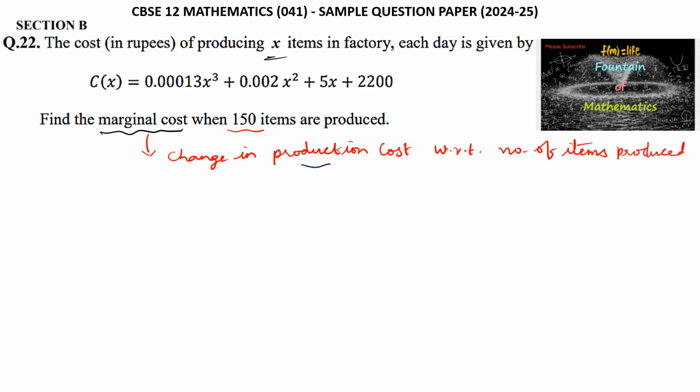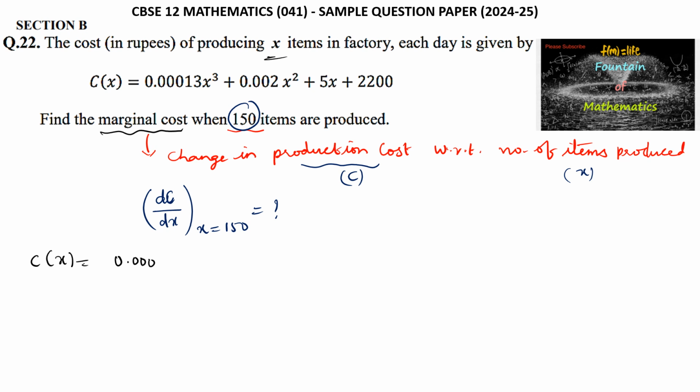So here it is given production cost as C and the number of items is x. Which means we need to find dC by dx when 150 items are produced, that is x is equal to 150. So we need to find this. Let's differentiate the function C. So given C of x is equal to 0.00013 x cube plus 0.002 x square plus 5x plus 2200, and now differentiating, C dash of x, that is dC by dx